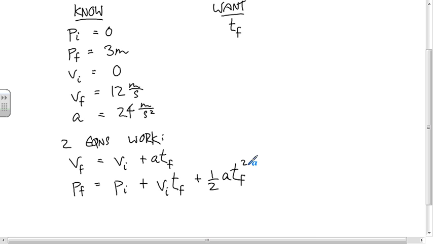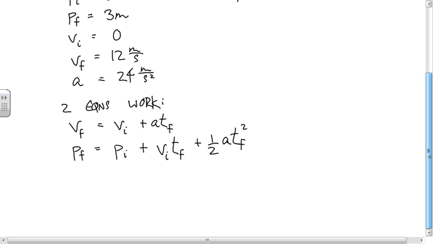If you have your choice between these two, I guess the first one is simpler, so you might as well use that one. But let's do it 2 different times and just see that we get the same thing, because there's one thing about using the second one of these 2 equations that you have to be aware of. Okay, so using this first equation,